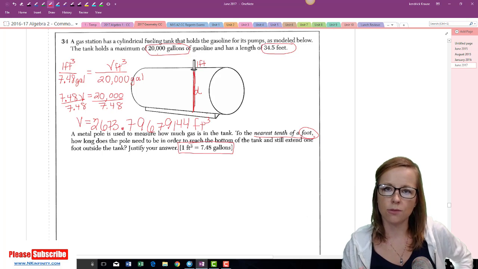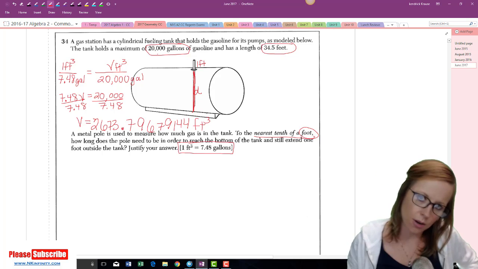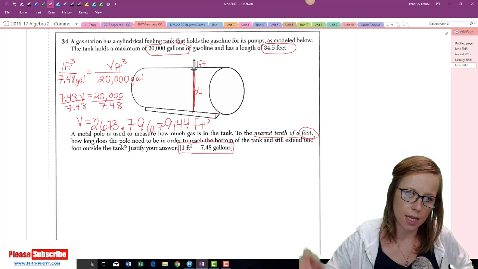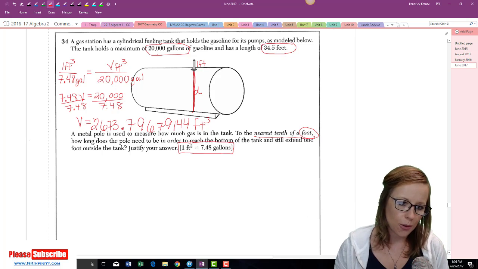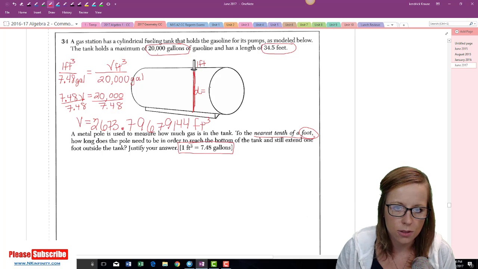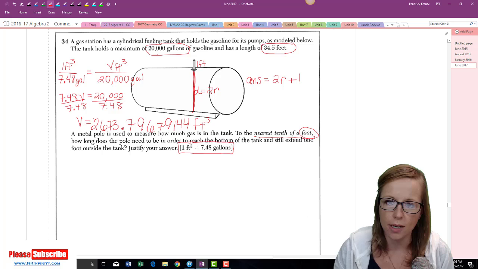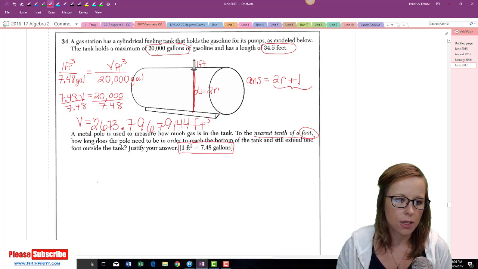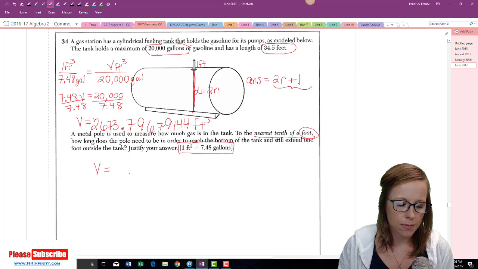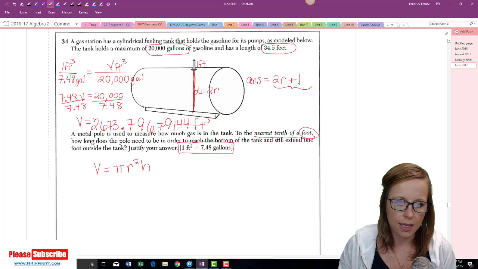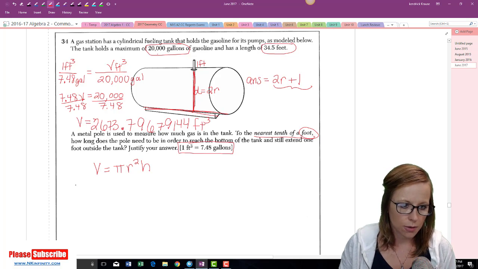Now I'm going to find really the radius, which will help me find the diameter, and then add a foot to it. Okay, so the diameter equals 2 radiuses. So my answer is going to be 2 radiuses plus 1, right? That's essentially what I'm going to do. So the volume of a cylinder is pi r squared times the height. And really the height is this right here. I know it doesn't look like height, but so that volume number here,